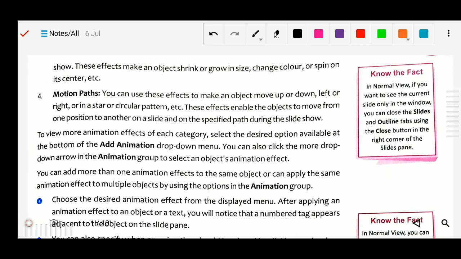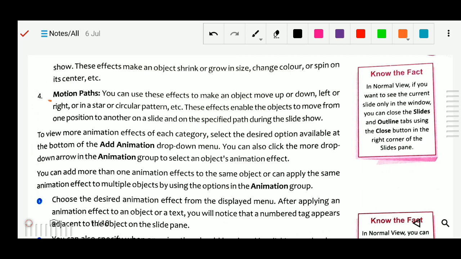Okay, next one is your motion path, the fourth one. With motion path, you can use the effect to make an object move up or down, left or right, or in a star or circular pattern. These effects enable the object to move from one position to another on a slide along a specified path during the slideshow.